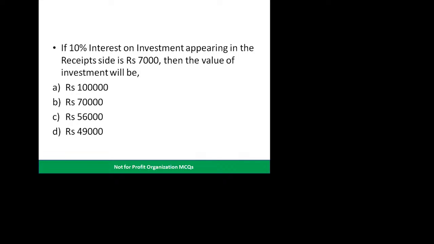See guys, moving forward with the value of investment. First of all we should know the percentage. X percentage of